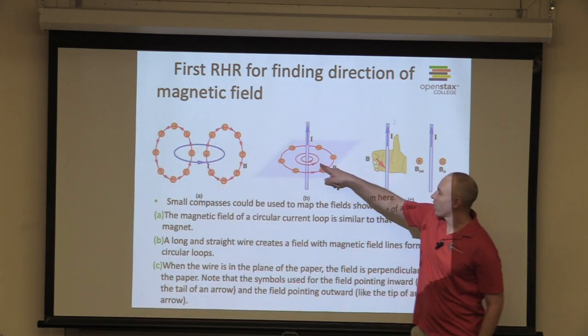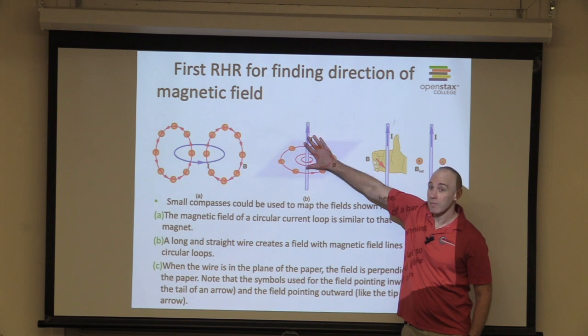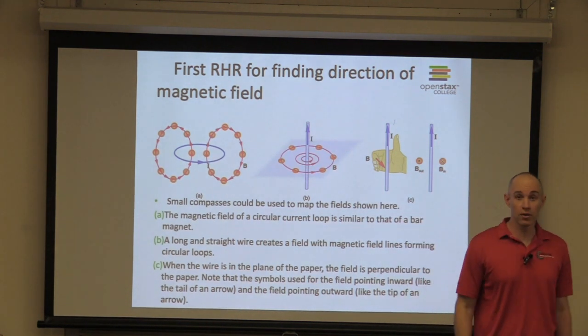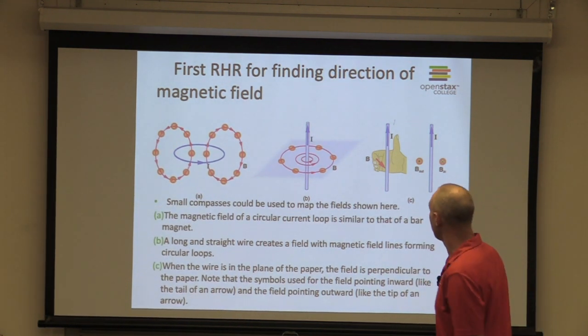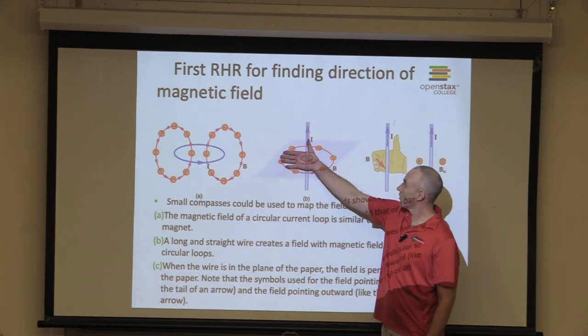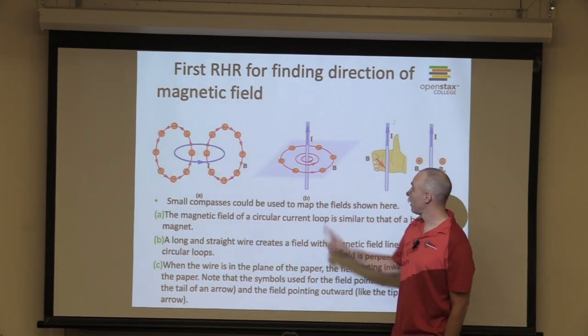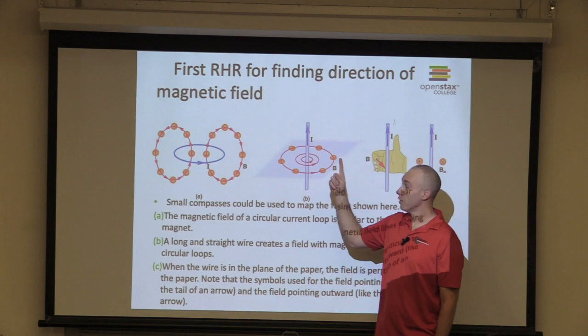Do you see these red lines on this picture right here? Those red lines are the magnetic fields generated by that current carrying wire. You take your thumb, you point it in the direction of the current, it's going to make a circle, a closed loop that goes around